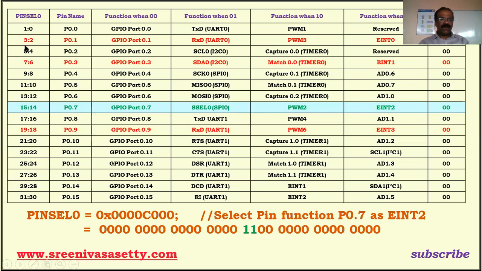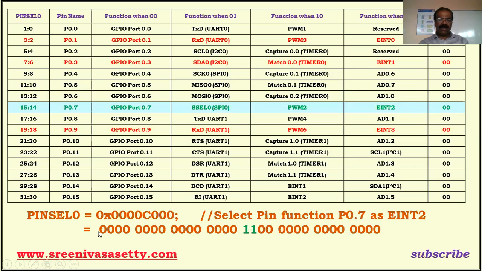In the pin select 0 register, which is a 32-bit register, this is bit number 14 and this is bit number 15. I have to write 11. If you write 11, then we're going to configure P0.7 as external interrupt 2. This is binary.